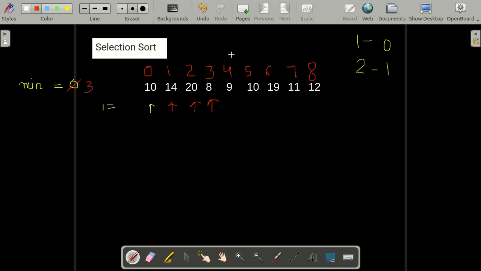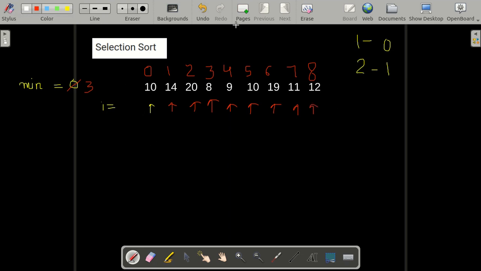So in bubble sort, whenever our condition used to turn true, in that case we used to perform swapping at that time, but over here we are just storing the index of the element which has to be swapped at the end. Now we go to 9 is greater than 8, 10 is also greater than 8, 19 is also greater than 8, 11 and 12 both are greater than 8.